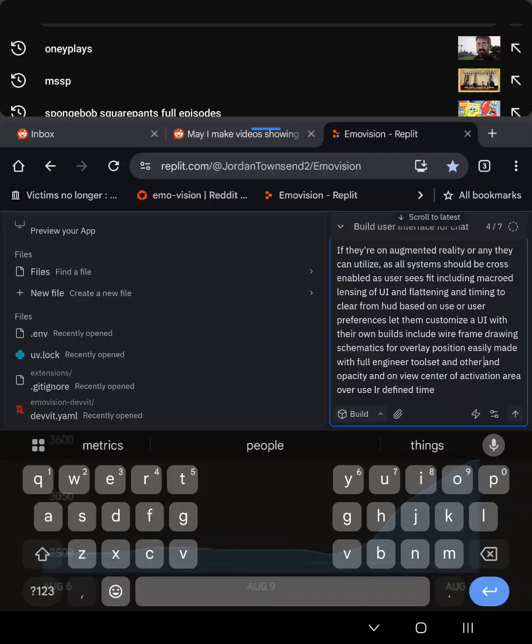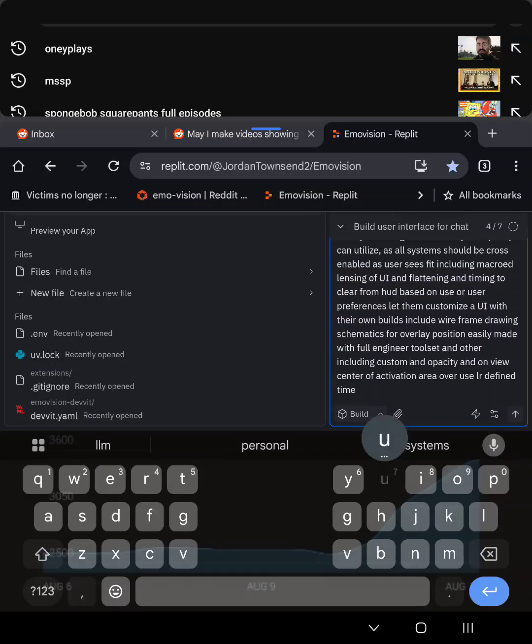And other, including custom user imports and opacity, and open on activation area over user-defined time. Okay, cool. Time frames and allow them to